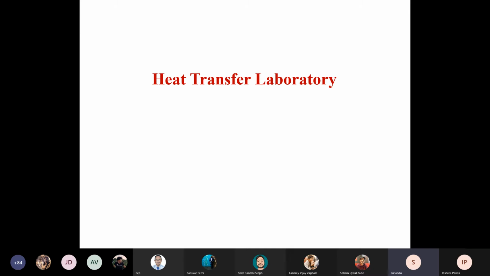So you can skip the description of the apparatus, which you have already done. I have added something. You can directly go to the table that they have to make based on the different values of Q. They will measure the temperature, find out the average and so on. This much I have covered.